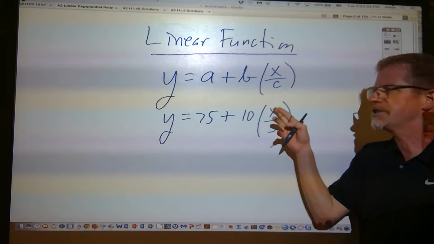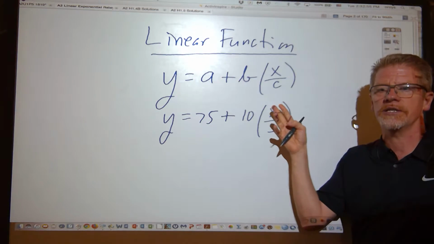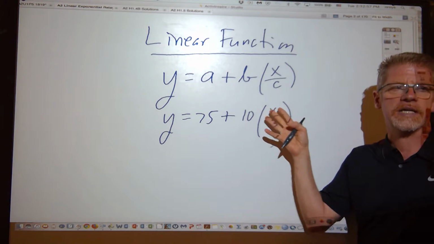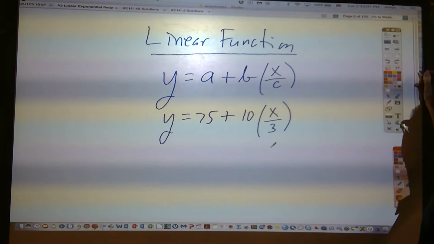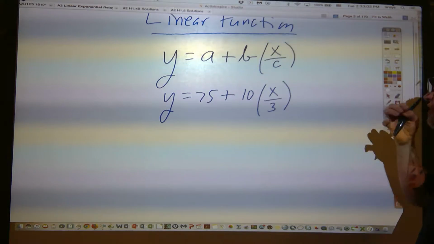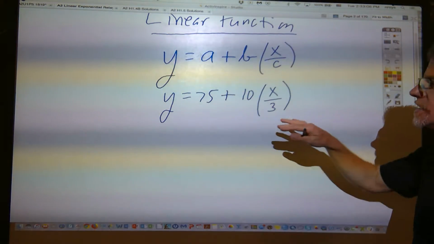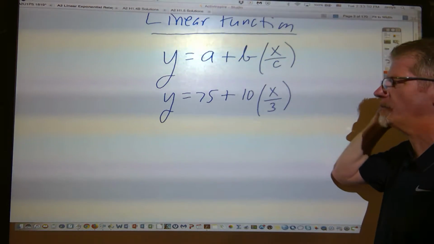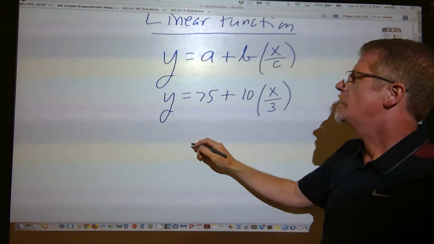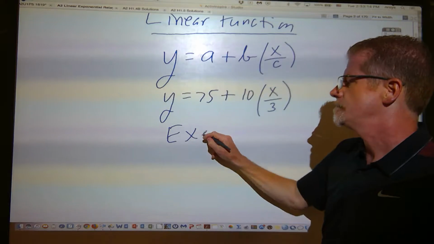So Chiara had that t over 3 in there. There's actually a t over 3, in this case x over 3, in both linear and exponential models. And that's what was eyebrow raising in what I learned from Dr. Larson. It's like, okay, you could start at 75 and add 10 million every 3 years, or in an exponential function,